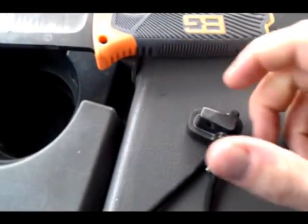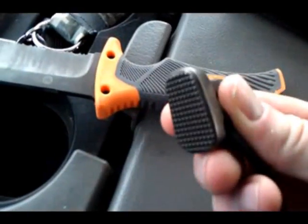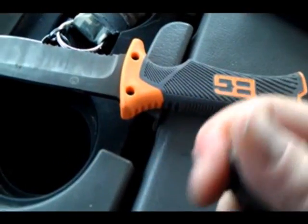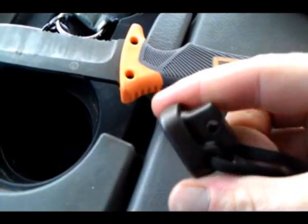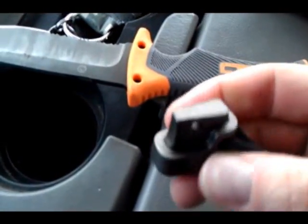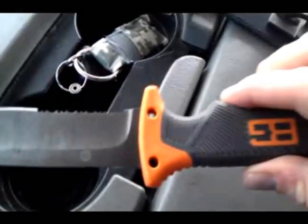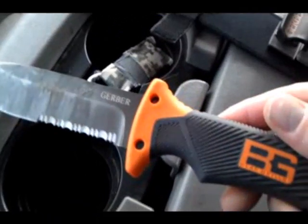I've kind of liked the knife. It's been a nice knife. It's not my favorite, but it comes with the fire starter, the fire steel, and I like the pommel on it. I mean, it's got a nice little hammer head, so to use it for pounding in a tent peg or